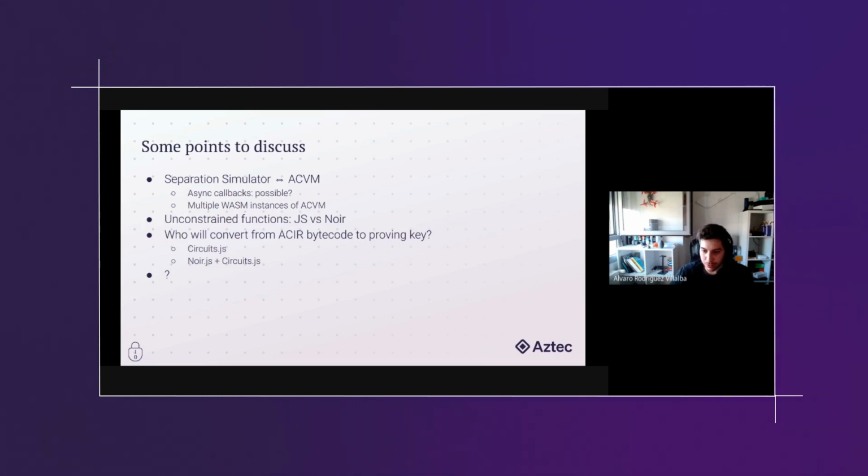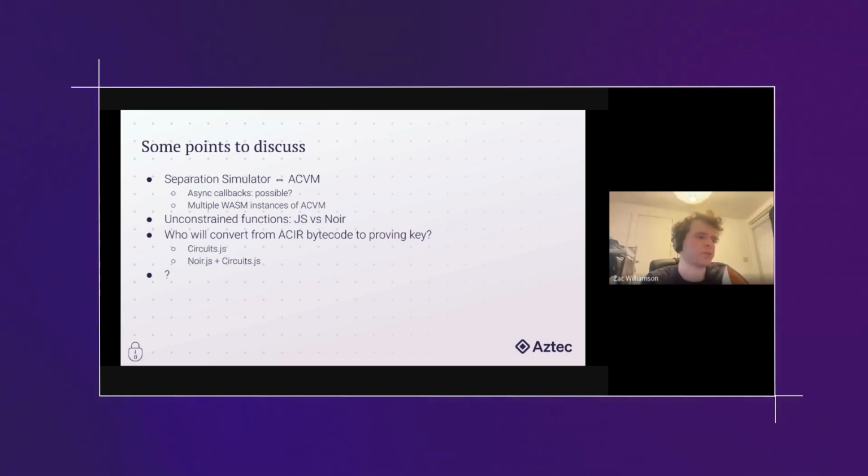Isolating JavaScript code in a JavaScript environment can be done. You can do it with web workers, you can do it with a lot of stuff, but in reality, this could be quite dangerous if a contract developer can write unconstrained functions in JavaScript and have it evaluated. That's a very good point. And given the context of what programmers would be writing in Noir, I do think that's a very big concern. I mean, for example,